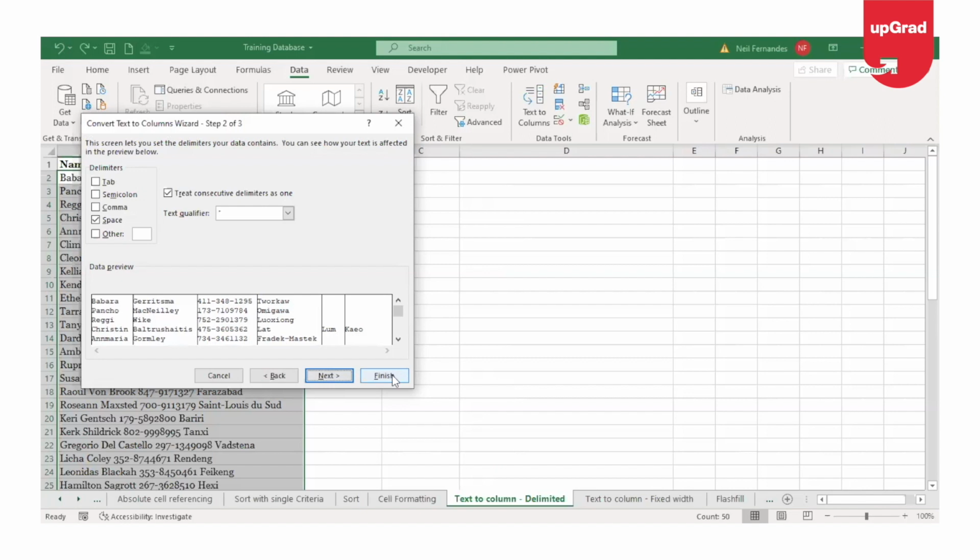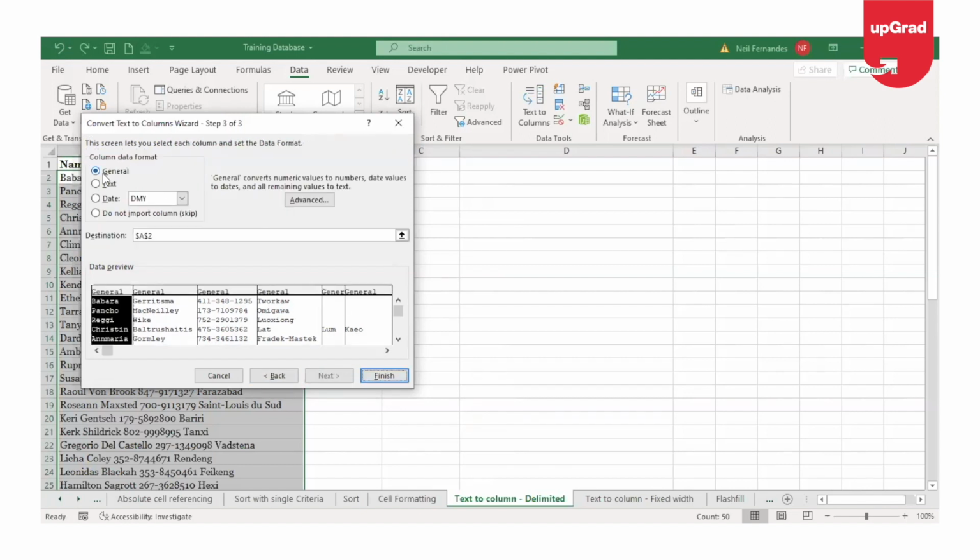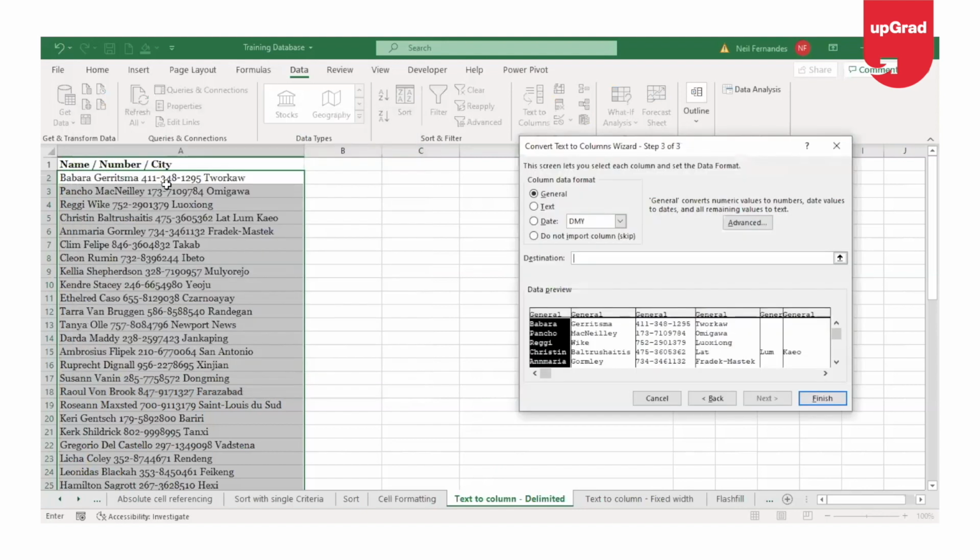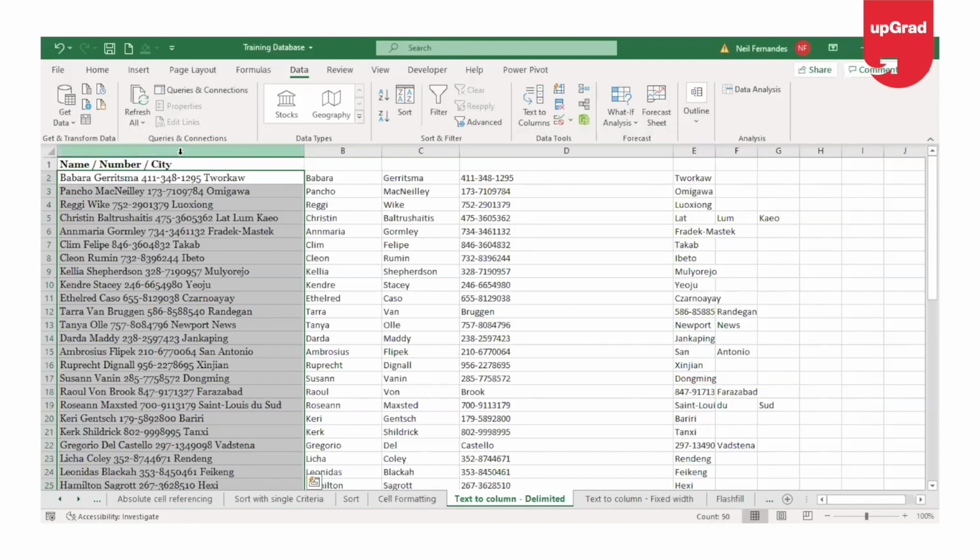This time, instead of clicking on finish, I'll click on next, and in the next window, I can select the destination cell where I want my result to be placed. Now, because I want this data to be intact, I will select the next cell, which is the adjacent cell to the first data available, and click on finish. This will allow the original data to stay as it is and to split that data into the remaining cells. So you can do that also. This is how your text to column works.